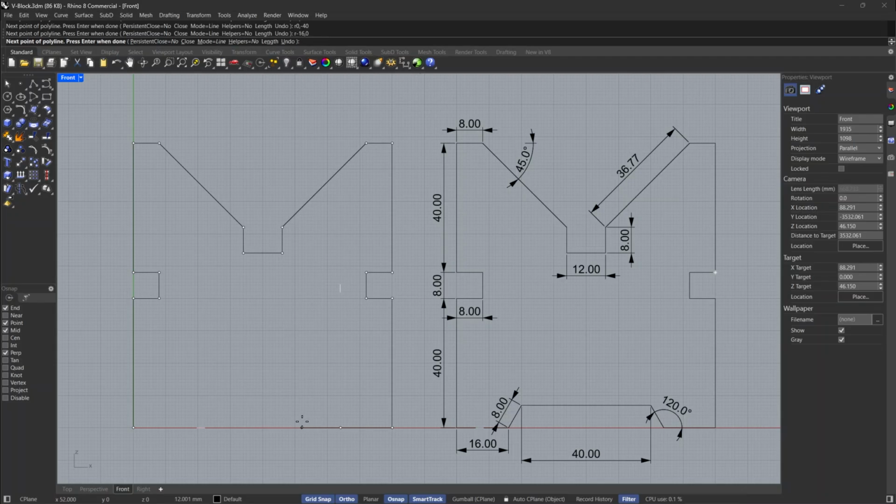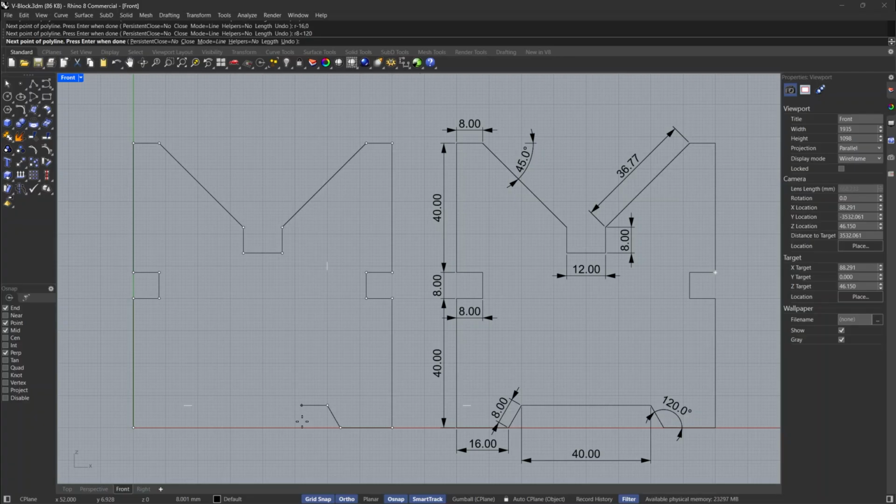Once again, these are relative coordinates. For the next point, type R8, the less than symbol, and 120 for 120 degrees, and press enter. This is a relative polar coordinate.